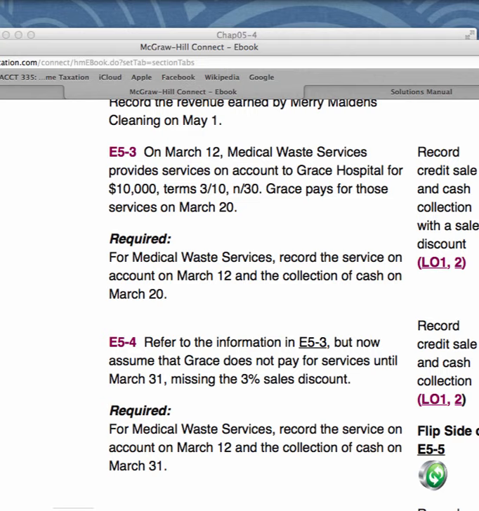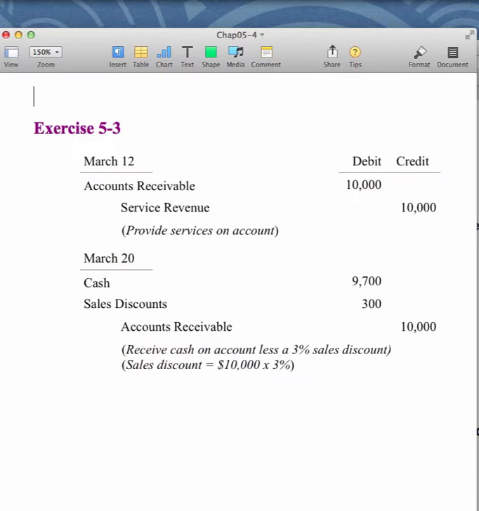Grace pays for those services on March 20th. Notice from March 12th to March 20th, that's within 10 days. So let's look at how this is recorded. As you can see, on March 12th, when the invoice was generated and service revenue is recorded, it's recorded as $10,000, which is the full amount, because